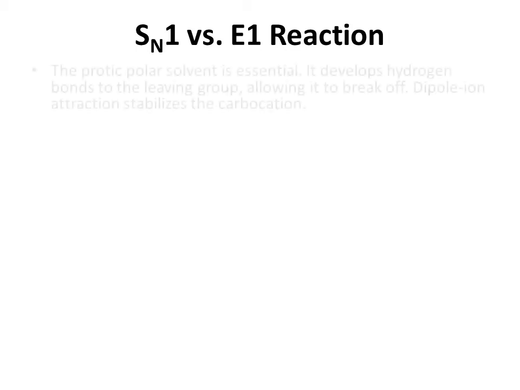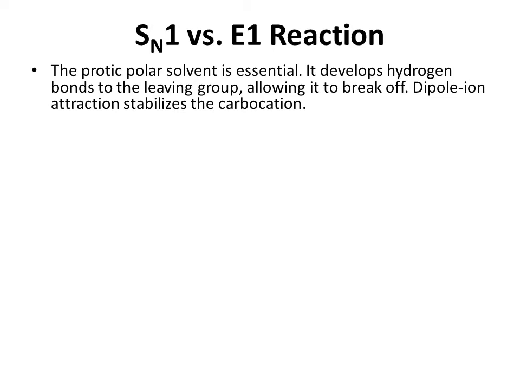The protic polar solvent is essential. It develops hydrogen bonds to the leaving group, allowing it to break off. Dipole-ion attraction stabilizes the resulting carbocation, that is a positively charged carbon. The following animation will show how the chloride is removed by methanol to form the carbocation. So we have two mechanisms that produce the products of the reaction of